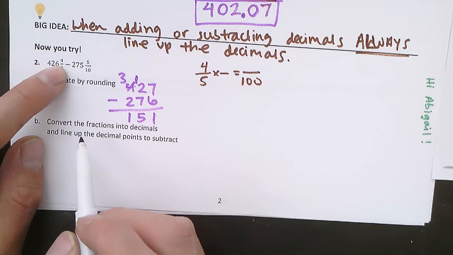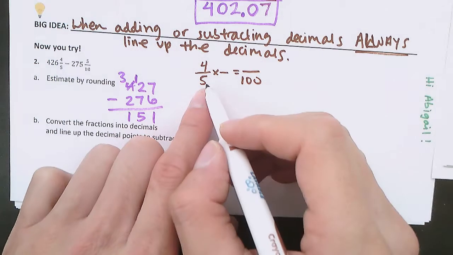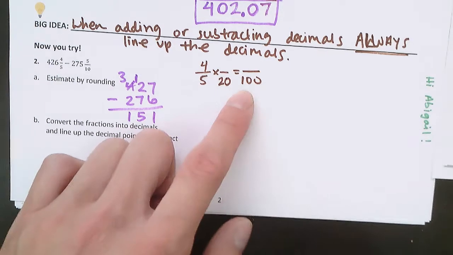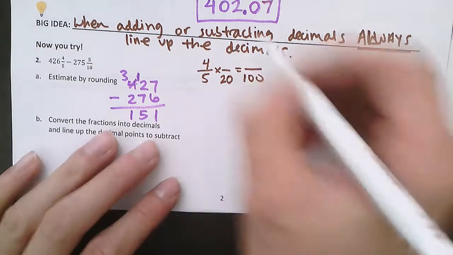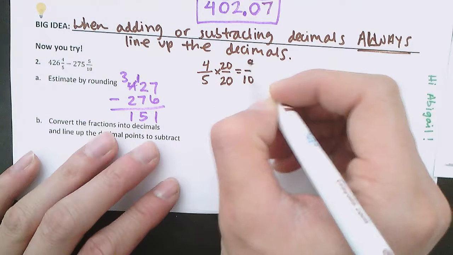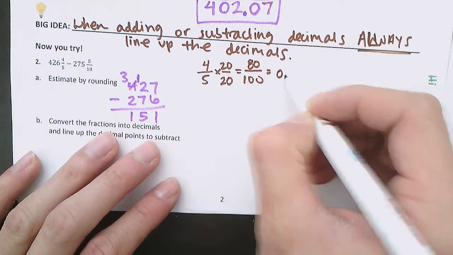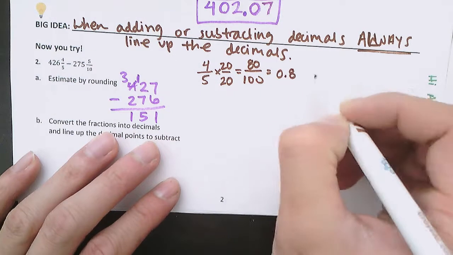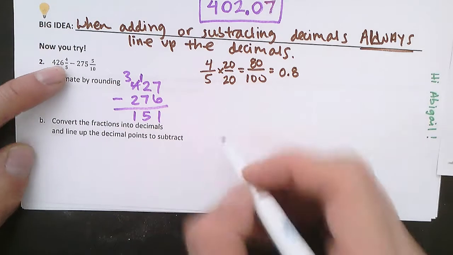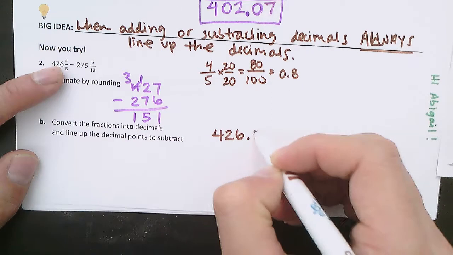And now, 426 and 4/5. Let's convert 4/5 into a decimal. We're doing that up here. 5 times 20 gets you to 100. So we multiply the top by the same amount. 4 times 20 is 80, which is going to be equal to 0.8. So 426 and 4/5 is going to be equal to 426.8